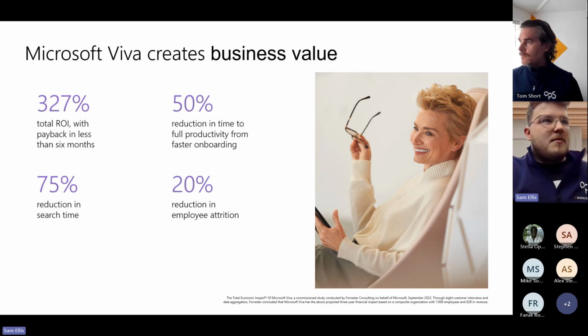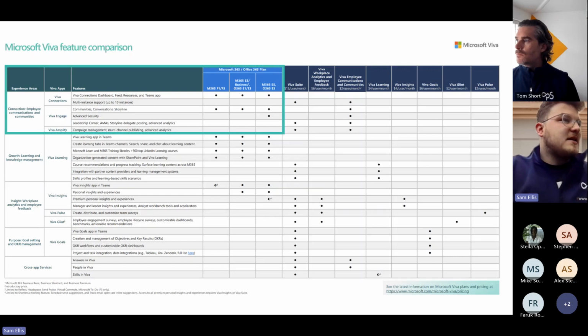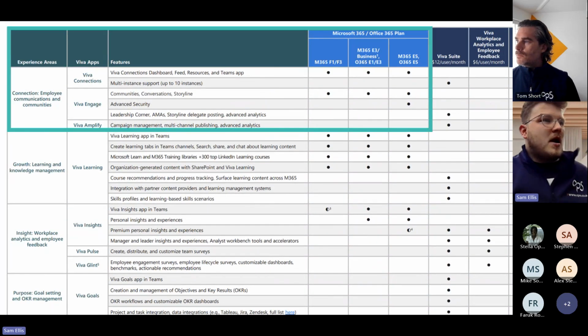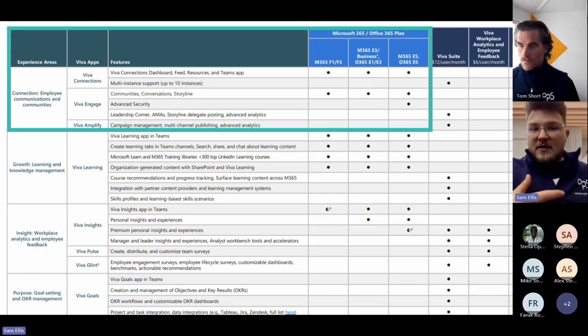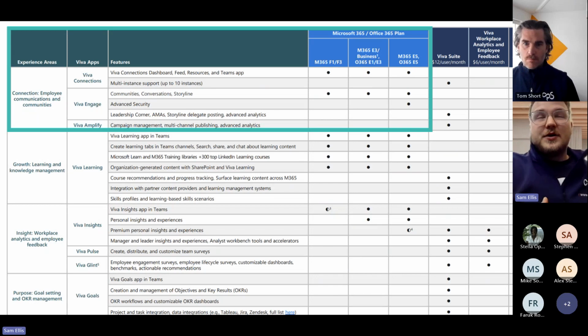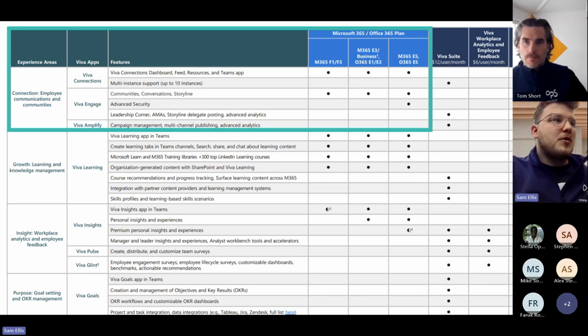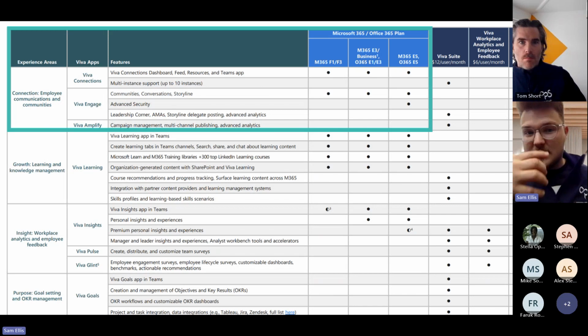So with that in mind, Microsoft have, I'm hoping you guys can see that okay. I'll just zoom in a little bit. With that in mind, Microsoft have a few packages that do relate to the Viva suite. So specifically looking at this bit here, the connections piece, which includes your likes of Viva Connections, Viva Engage, and